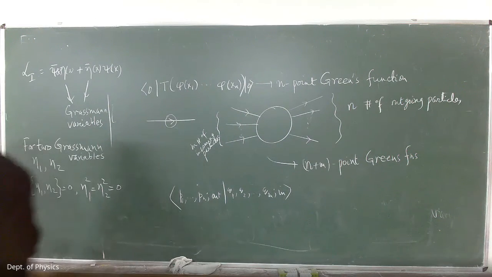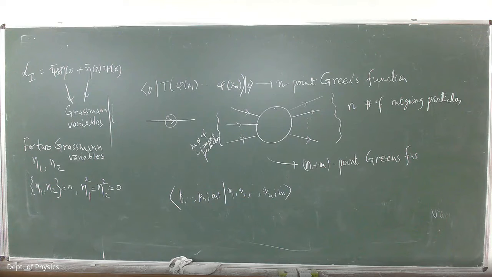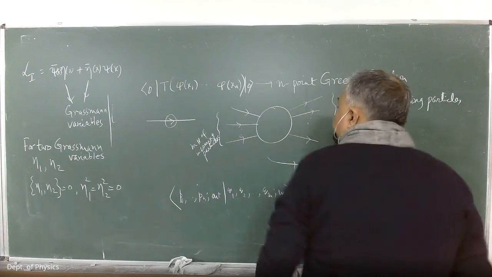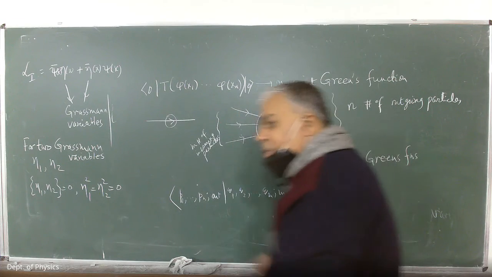Okay, Green's function. So it is possible, and this is achieved by the work of Lehmann, Symanzik, and Zimmermann. I would try to do this in the beginning of my second semester field theory course, so I am skipping all those things. I am just telling you what is in store for those who want to study field theory. This is called the reduction formula. And finally, be assured that this n plus m point Green's function, whatever it be, is built up of 2-point functions,